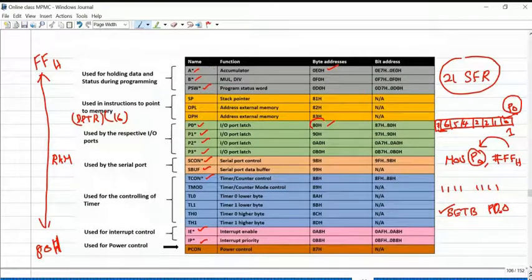For example, register A, register B, program status word, and ports 0, 1, 2, 3 are all bit addressable, and also byte addressable. So we can modify the entire byte with the help of the instruction, as well as modify a particular bit.